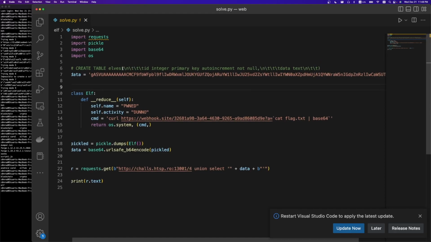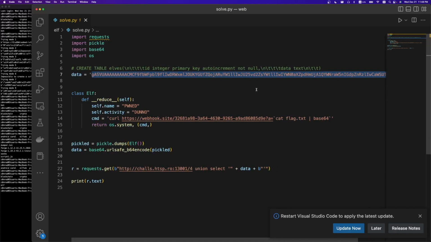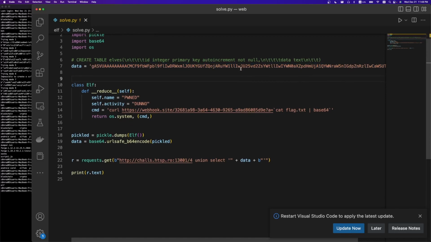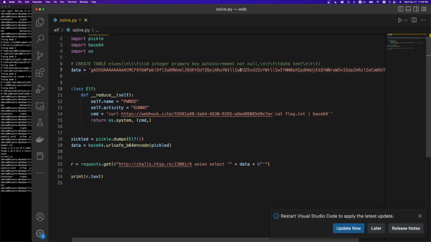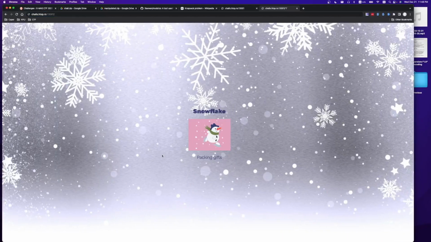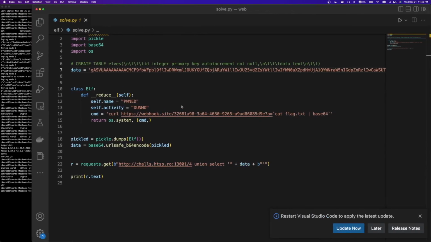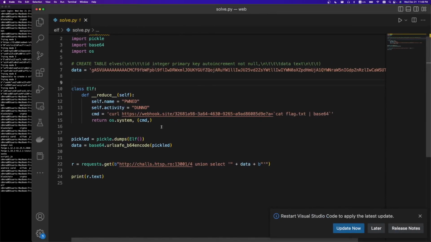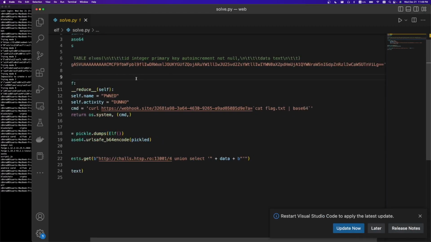The only things in the database were this table of elves. There were 3 elves, and they all had an ID and this data thing. And it was just this like base 64 blob. And that was it. I decoded this, and I saw, you can see the text inside, packing gifts and the name. Eventually, after searching through the database for longer than I'd like to admit, I eventually found out that